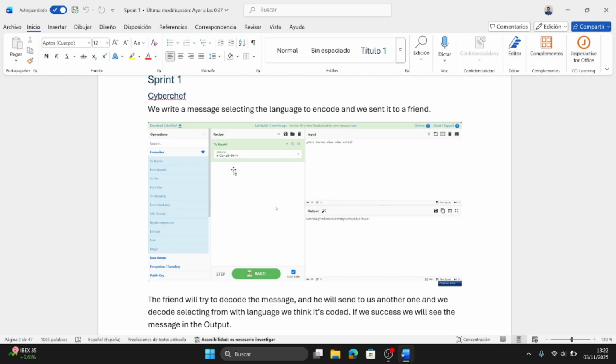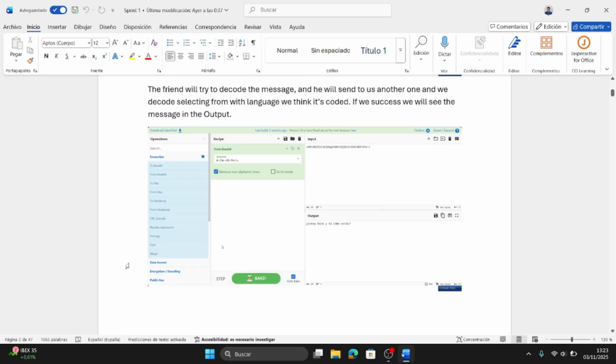If we select first to hex, here it will be to hex, and then we can combine with base and more. We have to write in the input the words that we want, and in the output we are going to have the text encoded with the languages we select.